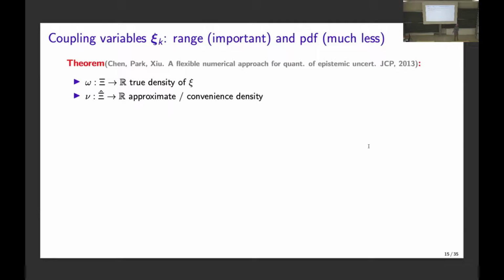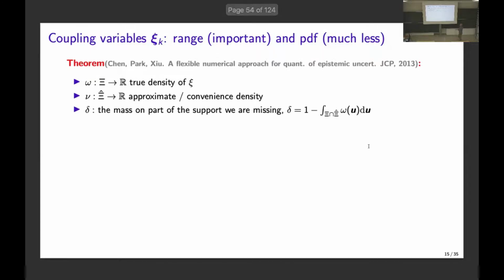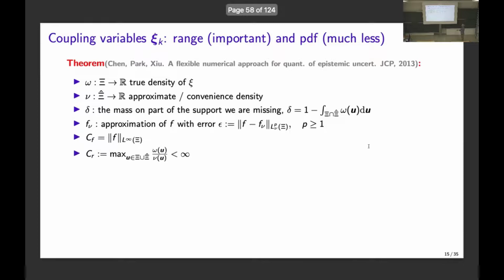What do I do? Do I really care about the actual PDF of the X's? The answer is no. We don't actually care about the actual PDFs as long as we do a good job in estimating their ranges. So it's pretty safe to treat X's as uniform random variables over their range. As long as I get the range right, it's okay. The PDF doesn't matter too much. And there's a theorem on this that comes from a paper in 2013 by Dongbin and a few other guys. And this theorem is here.